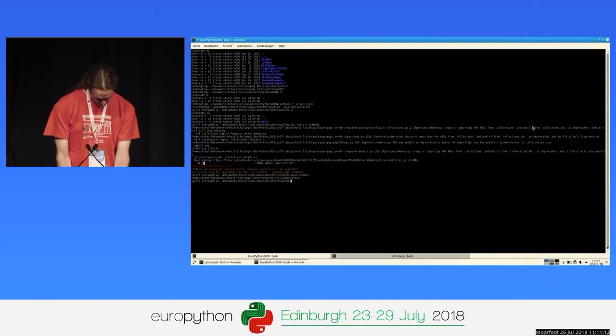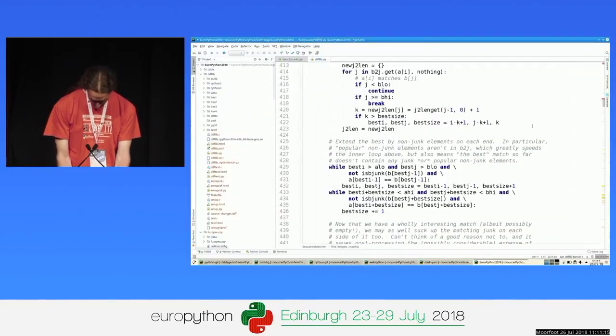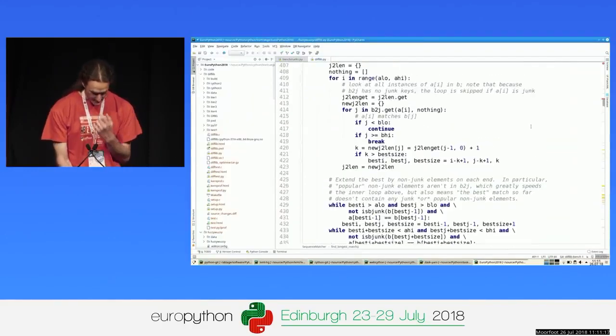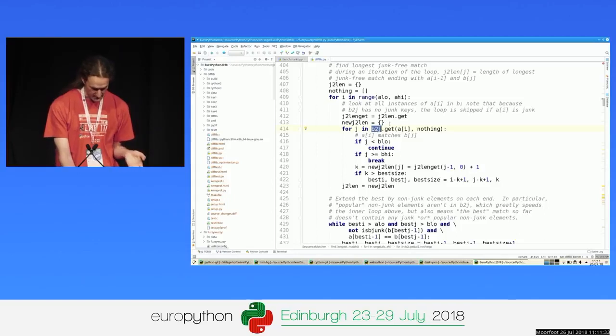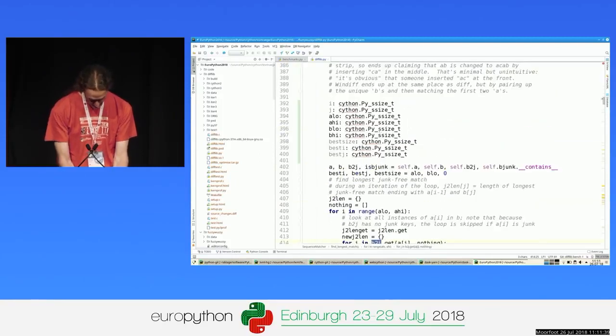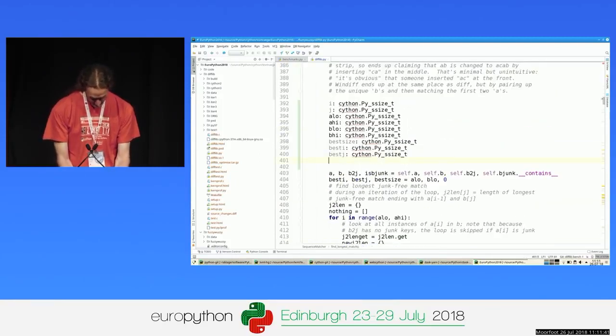And a couple of other things are, I'm using dicts here, for example, dicts and lists. Here, I'm calling the get method of a dict, which in Python is looked up every time. In Cython, that's actually very fast if Cython knows that B2J is a dict. And so if I type B2J as a dict, which is the next thing I can do,